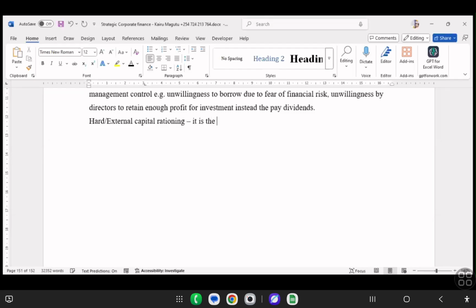It is the capital shortage due to factors beyond the control of the management, e.g.,